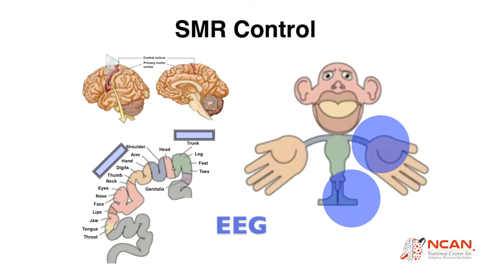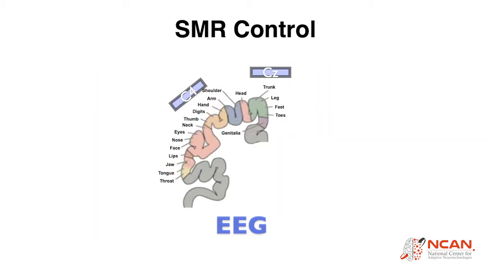In the human brain, the primary sensory and motor cortices are located along the central sulcus, crossing symmetrically from the left to the right hemisphere. Looking at the motor homunculus, right hemisphere, each area on the cortical strip is devoted to a certain part of the left side of his body. For example, with EEG electrodes CZ and C4, we can capture the neural activities from the feet and the left